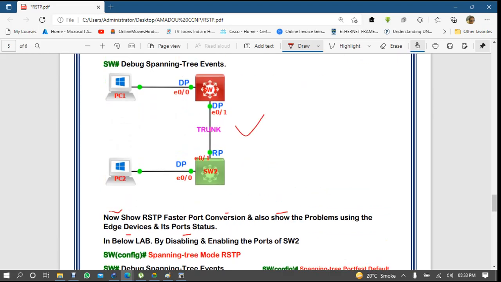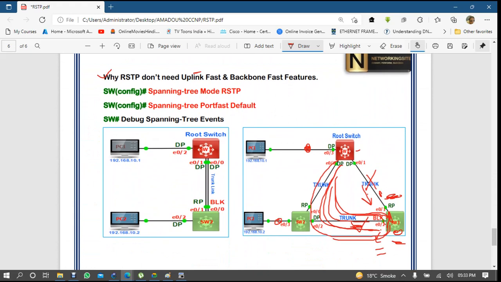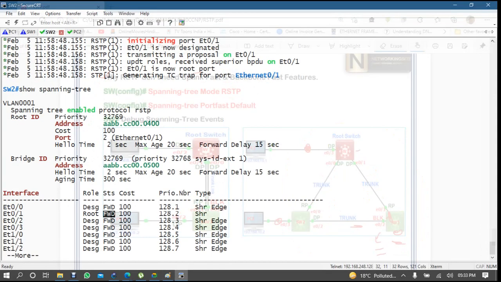The benefit of RSTP is according to the RSTP timers and according to port fast. What I am recommending is that the lab is with you, you have your GNS3, so whenever you have time, try this one. See whether uplink fast and backbone fast work the same as in STP, or RSTP immediately brings these ports up, or whether we need to enable uplink fast and backbone fast. Because if you look here,